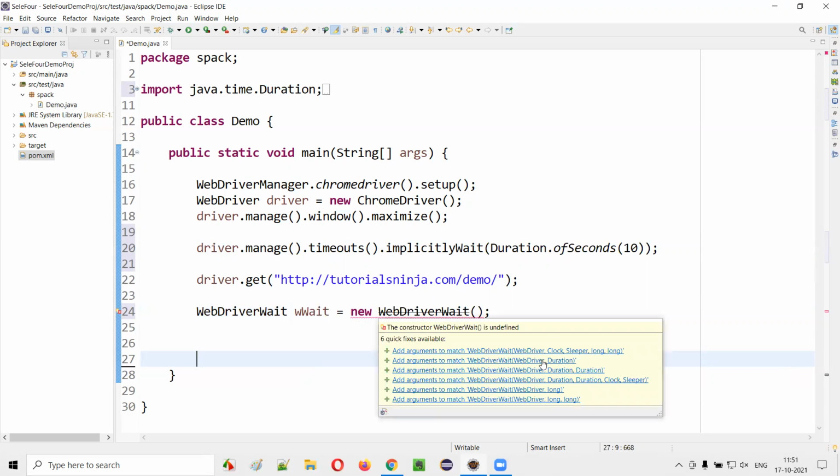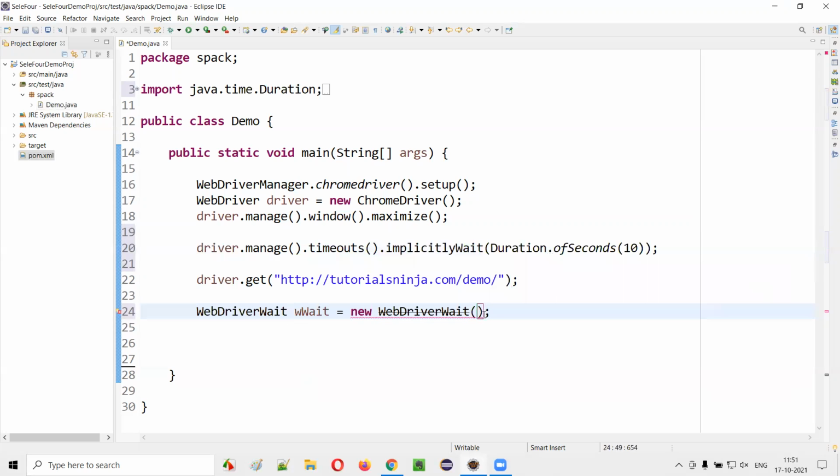So I have to give a driver and duration. The older one, till Selenium 3, if I have to give some explicit wait time as 25, I used to give WebDriverWait driver comma 25. This used to be the older format, but now this is not supported. It got deprecated.